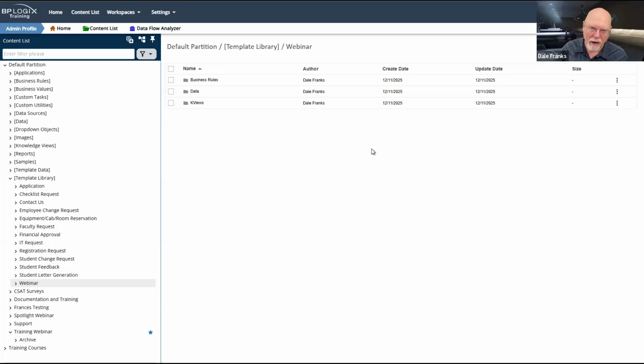So I may want a forms folder and a process timelines folder, and maybe a case folder that contains my case dashboard and my case definition. So there will be differences, but we're setting this up for a standard application.